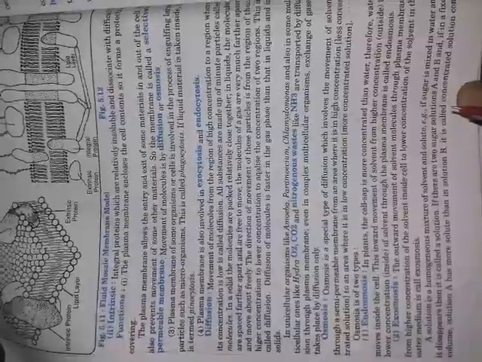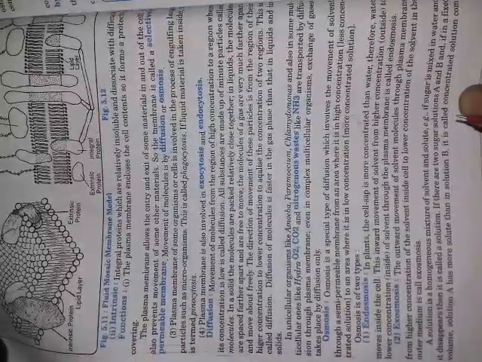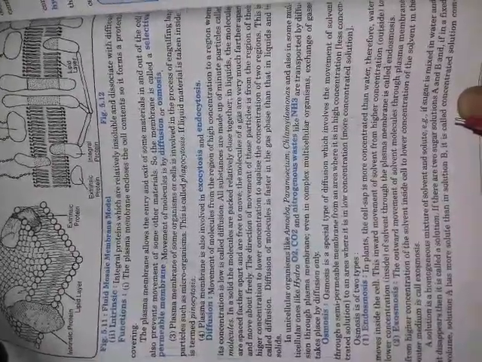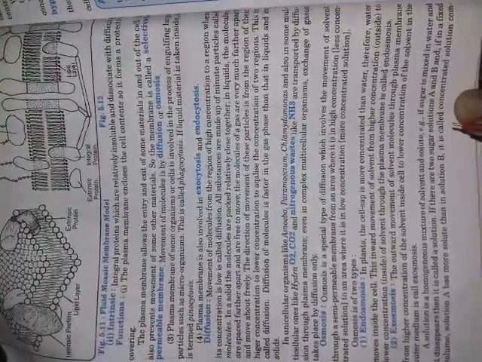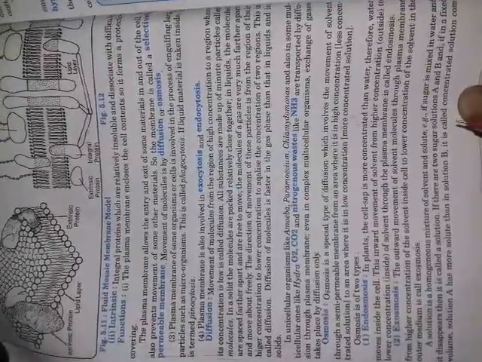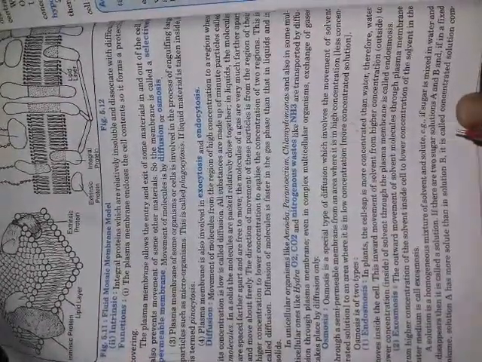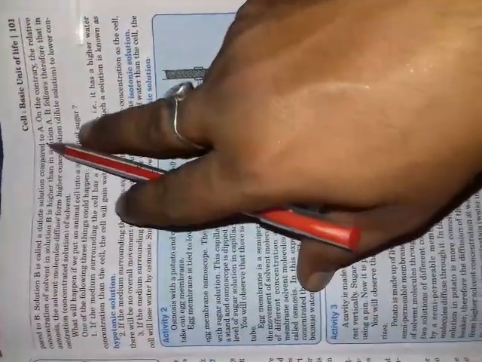A solution is a homogeneous mixture of the solvent and solute. If sugar is mixed in water and it disappears, then it is called a solution. If there are two sugar solutions A and B, and in a fixed volume solution A has more solute than solution B, it is called a concentrated solution compared to B, and solution B is called a dilute solution